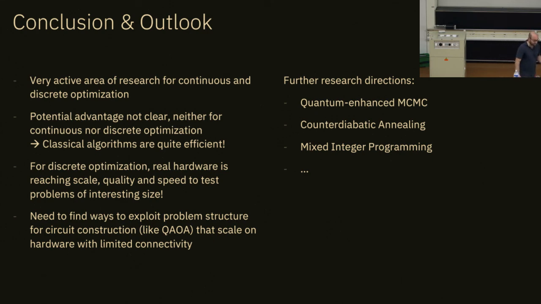We have very good proposals, and I think the hardware now reaches a scale, a quality, and a speed that we can really try this on interesting problem instances. And if we now get to the 100 qubits and so on, this is where we have first maybe academic problem instances that are difficult classically. So this is where we really can study this, understand the performance better, and reach interesting scales.